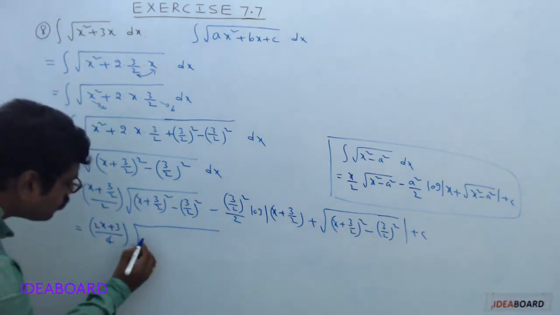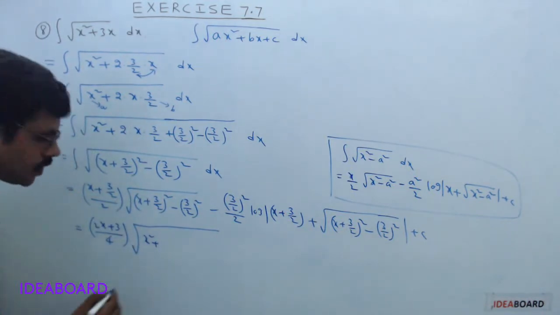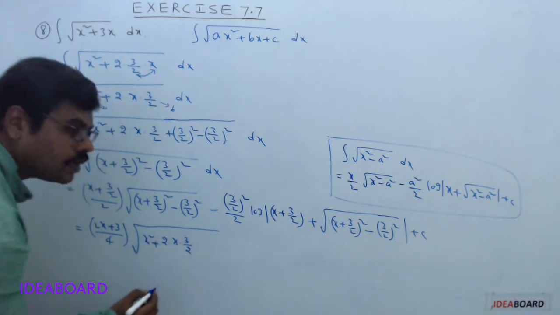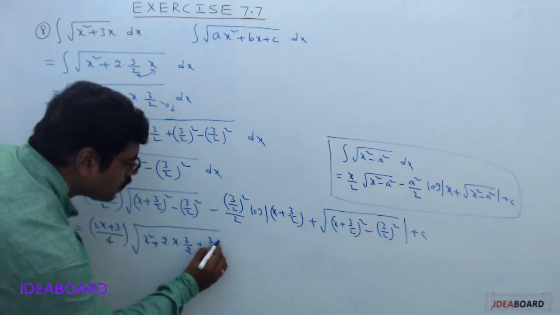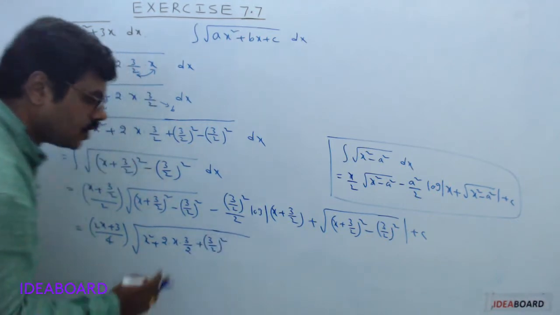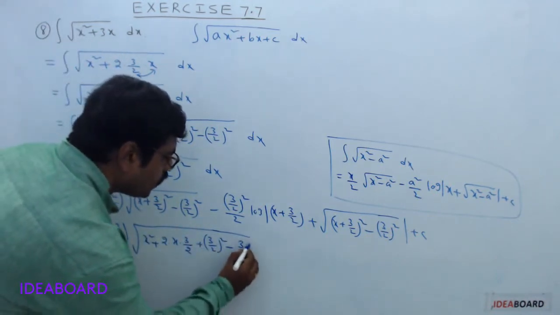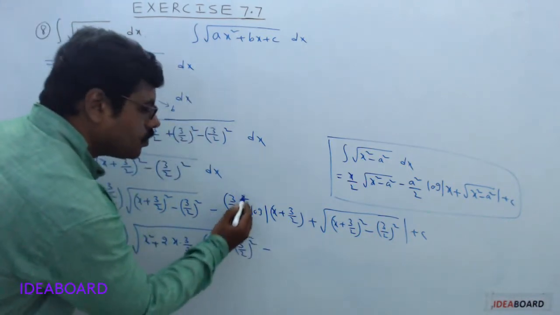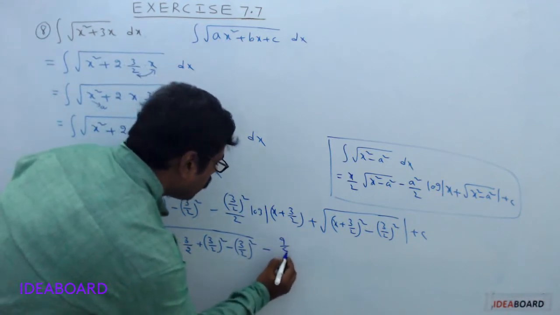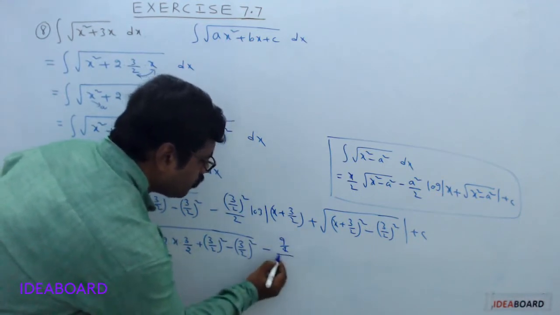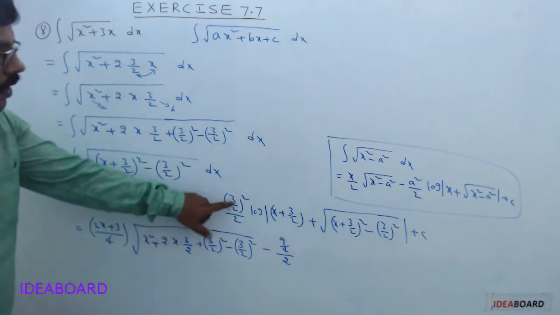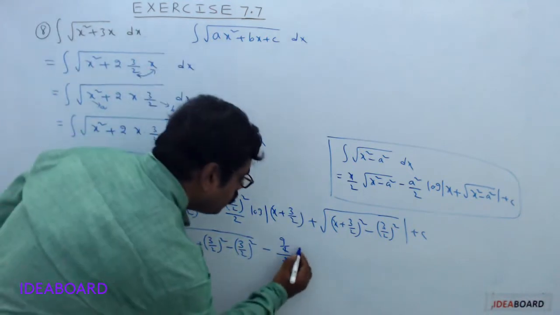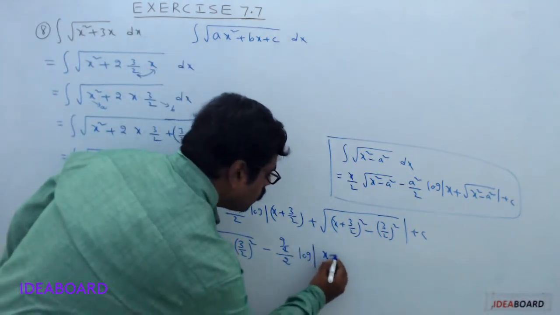Apply its formula, a square x square plus 2ab, 2 into x into 3 by 2, plus b square, 3 by 2 whole square, minus 3 by 2 whole square, that is 9 by 4, divided by 2 into log mod of x